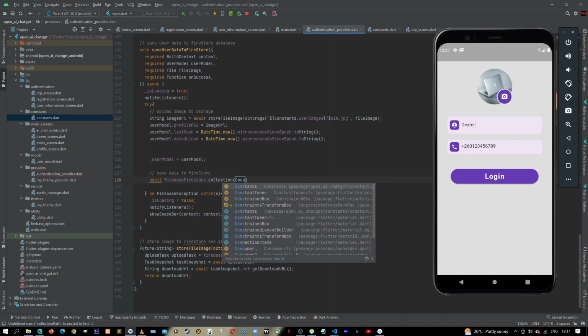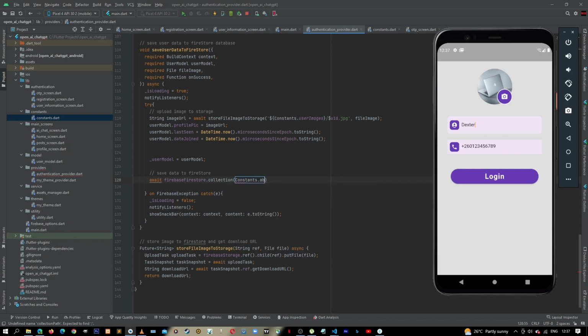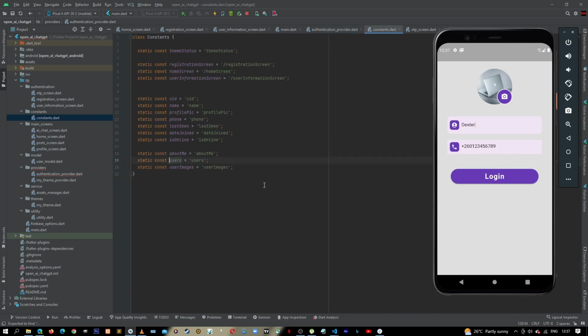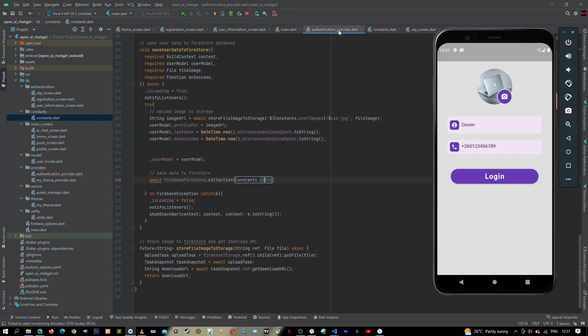We have a collection here of constants creating of users. This is our collection, these users that we've made here. Let's come back of users and then .document. The document, let's get our UID, and then here